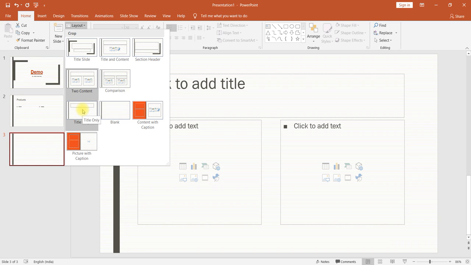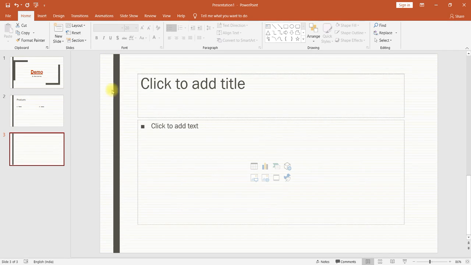You can choose title only, comparison, two content, comparison with the image, or picture with caption. Like this we can select the type of layout by using the layout option. Again, to get back to the original, use reset. This will be the default one.